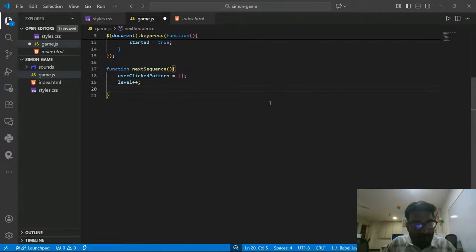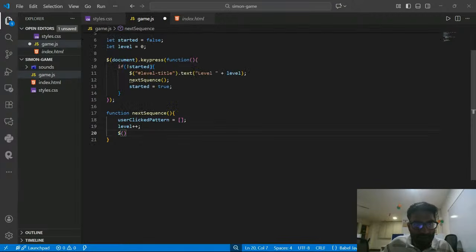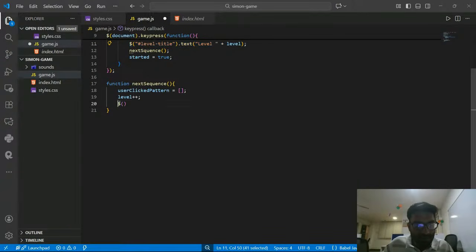Then what is the next step? We will target our element here. Okay, that is title. So once again, the same line that I did here. Okay, so this is the same thing that we will do. So you can also copy this statement and paste it here. Okay, so whenever a sequence is created, we will increase our level and we will update that level on the